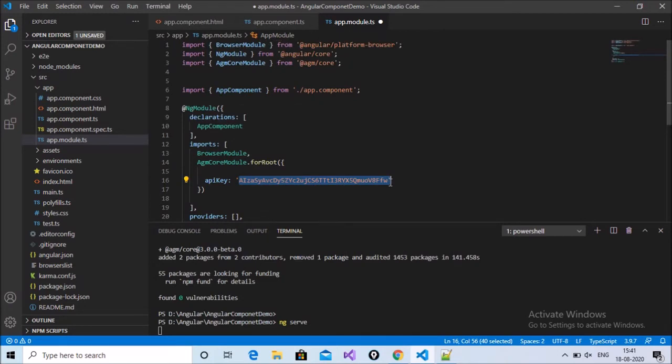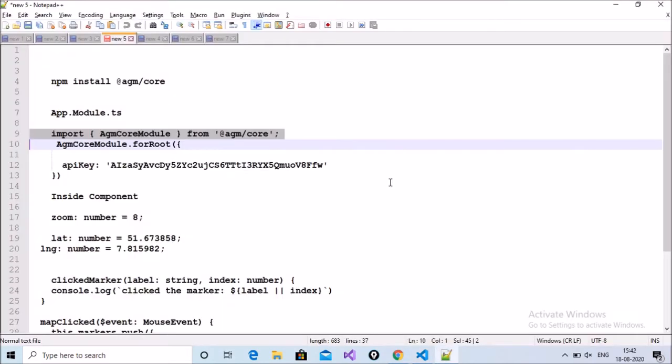Complete that, and inject it in the app module.